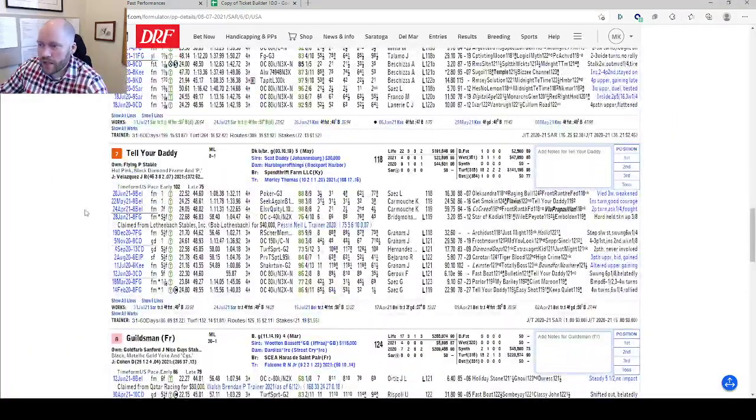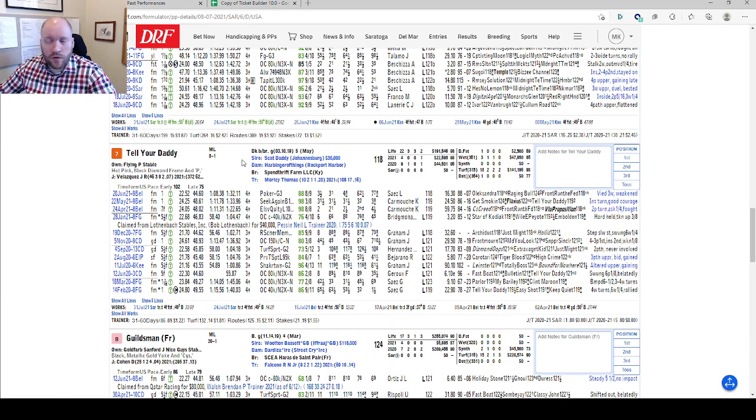If we go back, I was looking at somebody like Tell Your Daddy, who Josh really likes. I think it's a horse that is an ABC construction, and if you're not super familiar with ABCs, it's me leveraging my opinions. A's are my best opinions, B's are also used opinions, and C's are horses that have some chance, but I think it's an outsider chance. And there's different ways you can leverage those different opinions. And I think Tell Your Daddy becomes a B.